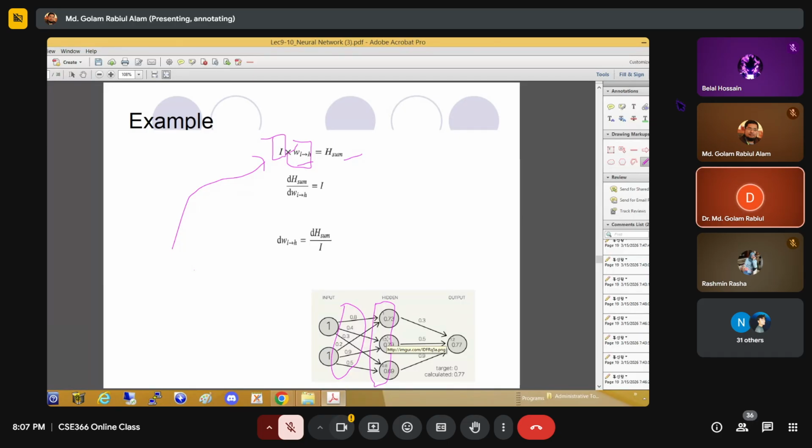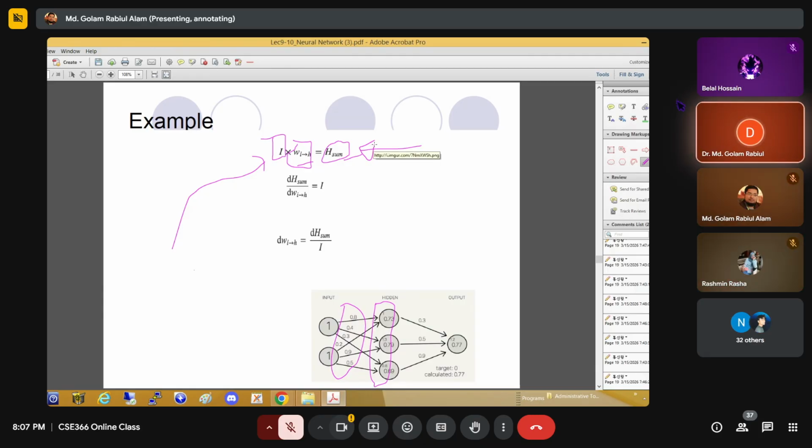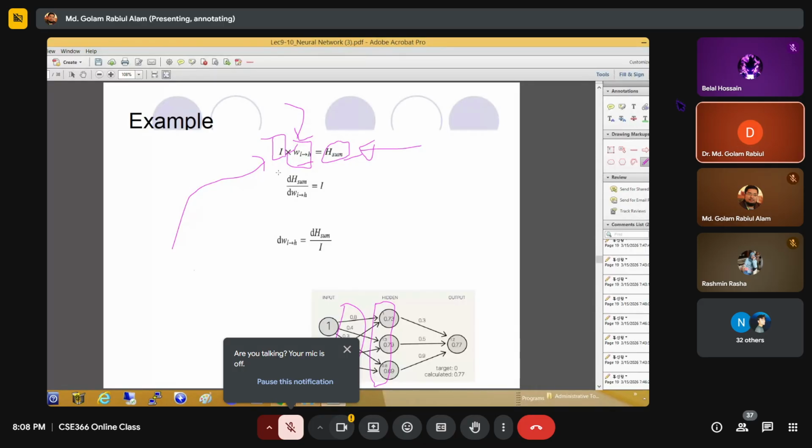That is 1.3 and 0.8. Okay, 1.3 and 0.8. So those are our hidden sum. Now, utilizing this equation, we want to take the derivative of this equation with respect to WIH. So if we take the derivative of this equation with respect to WIH, then on the left hand side, we will get just only I,